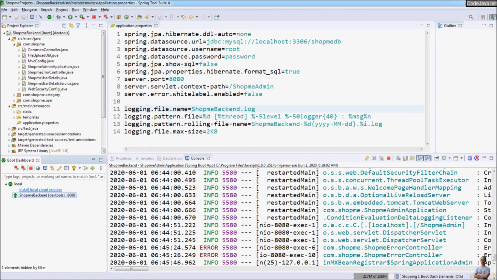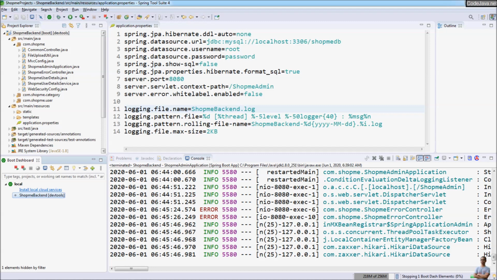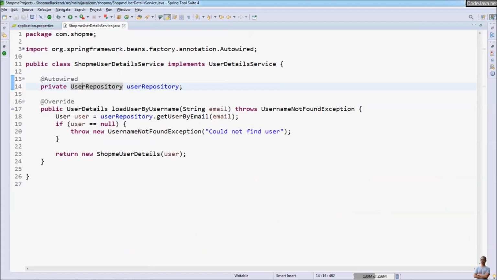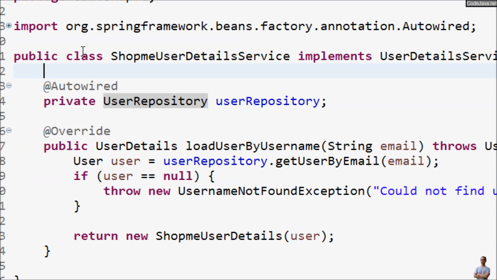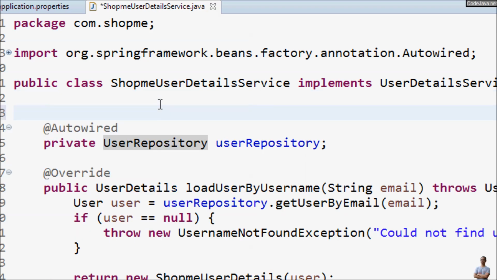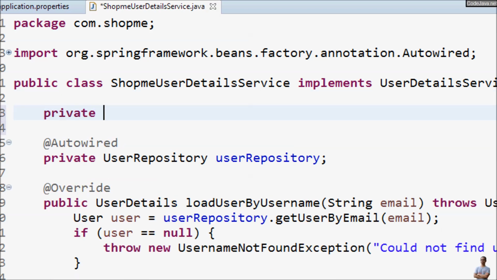Okay, let's stop the application. And now let's write some log messages in the Java code. For example, now I write a log message here. So to use logback, we declare a logger, private static final Logger, because